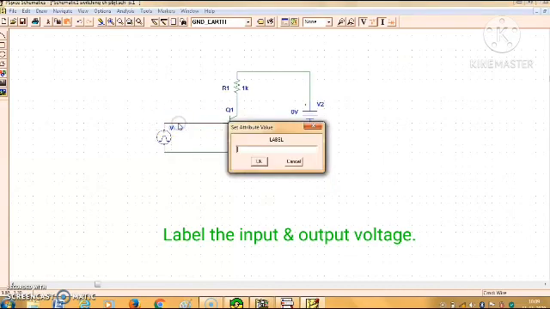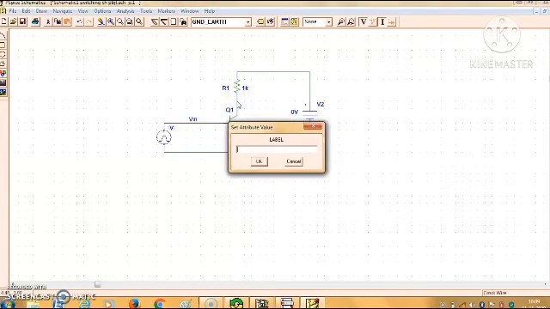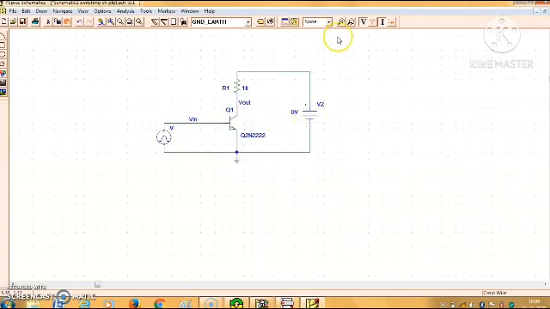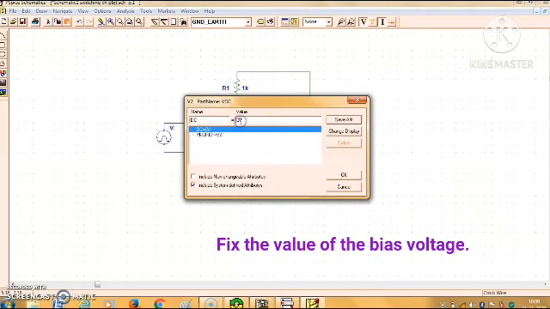Now you can label the input voltage. You can write V in, click OK. Then you can also label the output voltage, which will be collected from the collector terminal, and write it V out. Now fix the value of the bias voltage to 12 volt.